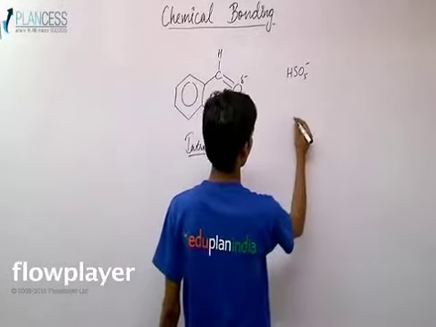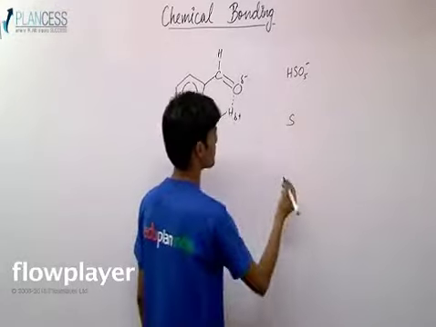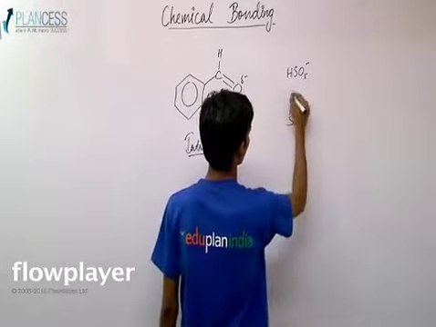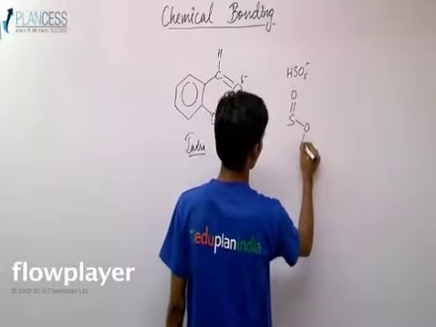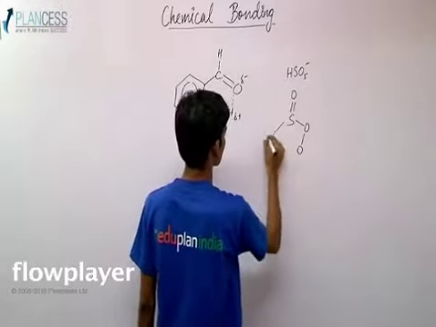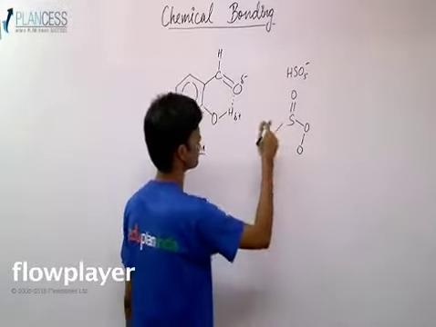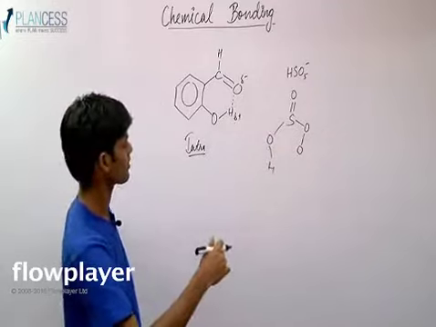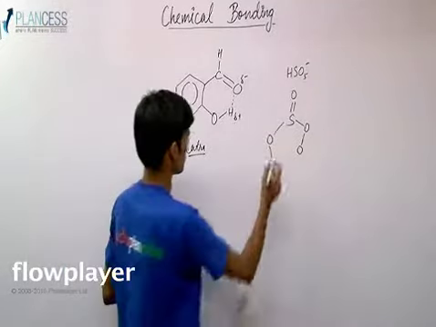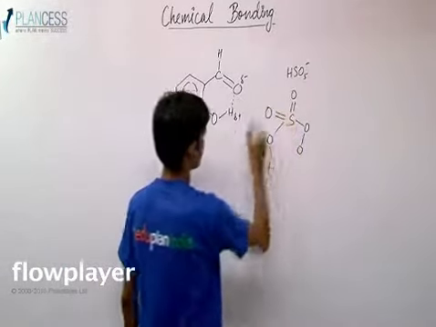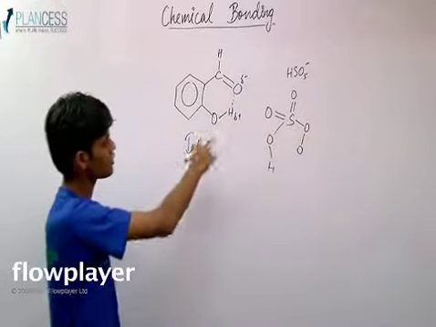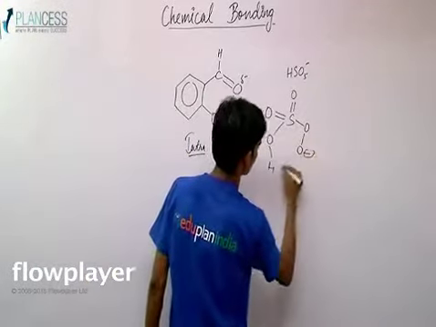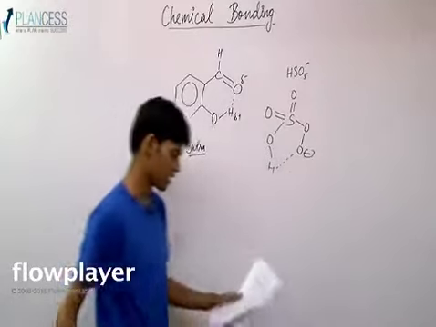So it would have the structure something like this. The sulfur is here, with a double bond to oxygen, one oxygen coming here, one oxygen coming here, and one hydrogen. So it has 1, 2, 3, 4; one oxygen is missing, so yes, one oxygen is here. So it has a structure with two oxygens like this, and this has the negative charge, so this oxygen will be attracted towards